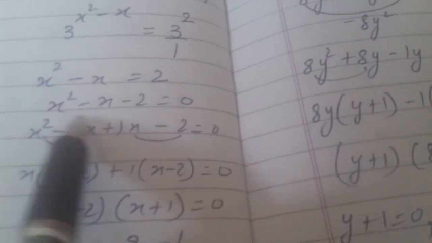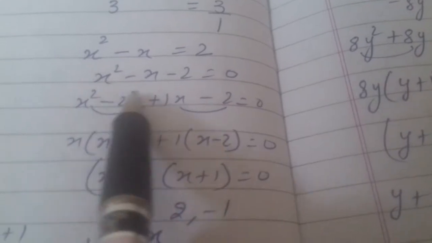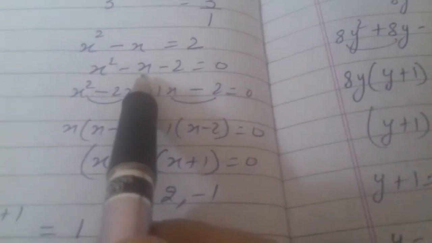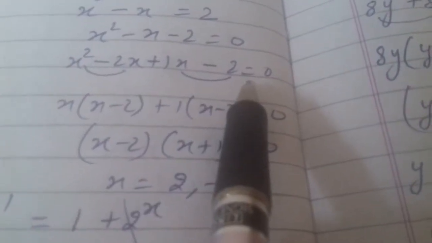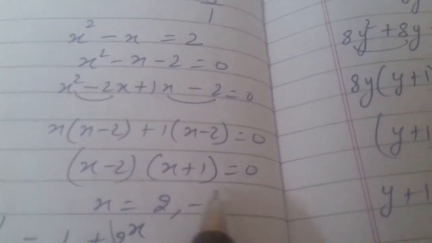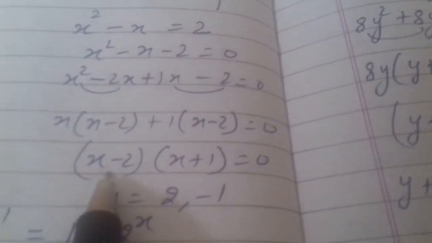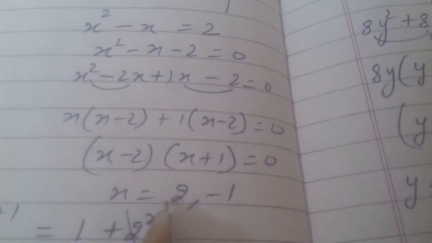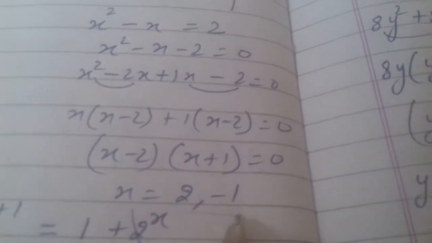Transpose 2 this side. So you all are familiar, this is a quadratic equation. You have to split the middle term. Multiply first with last, minus 2x square. Split it so as to get 1x. So factors are 2 and 1. So this way you have to multiply. I already taught you in 5th chapter. Make pairs, take common. So from here, children, product of two numbers is equal to 0. That's possible if this number is 0, or this number is 0. So if it is 0, x will be 2. If it is 0, x will be minus 1. So these are the two answers.